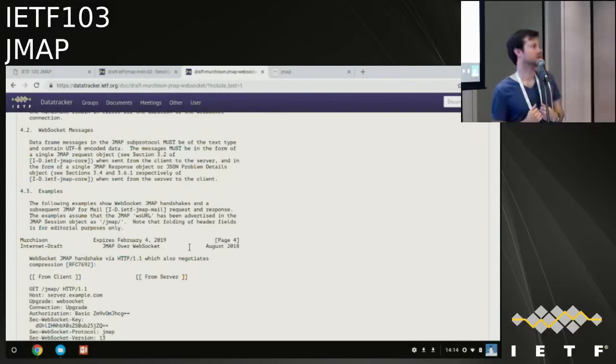You could, yes. I guess that would work, but it seems nice in some ways to be able to say this whole request object corresponds with this whole response object. But yes, you could just look at the client IDs in the method calls and see which ones corresponded.